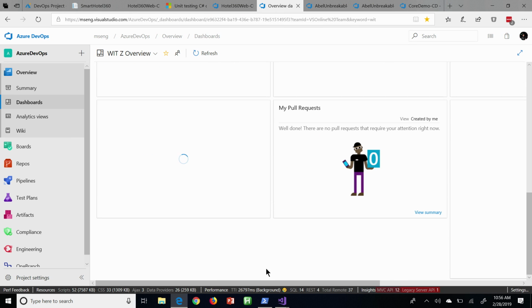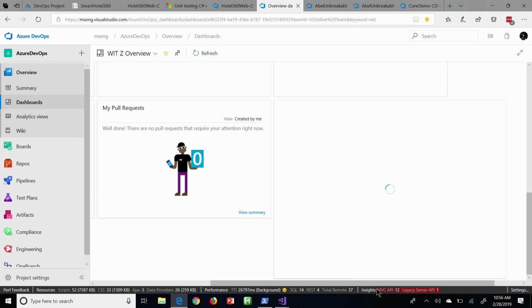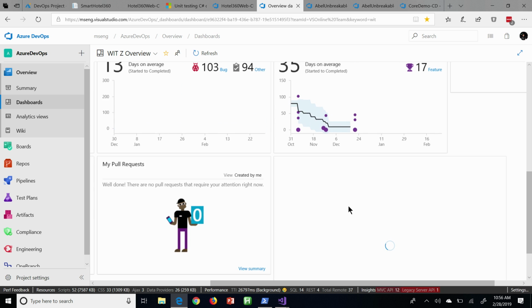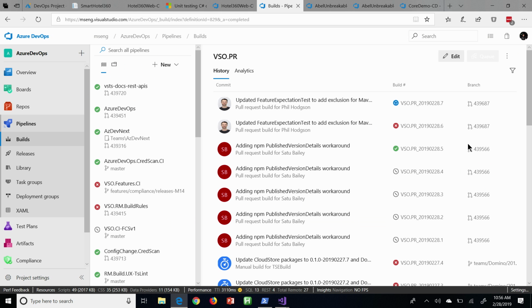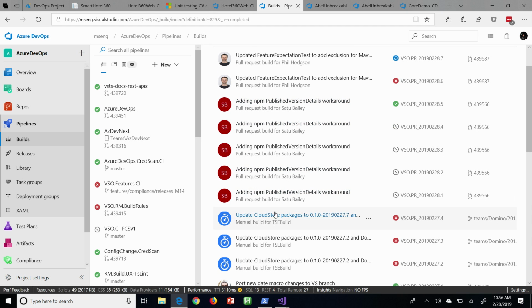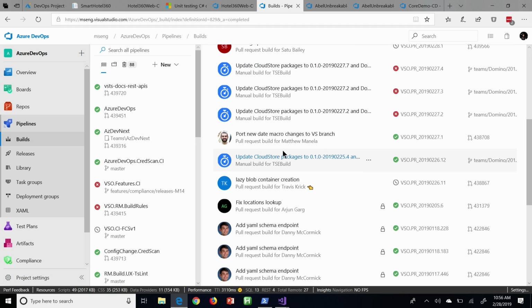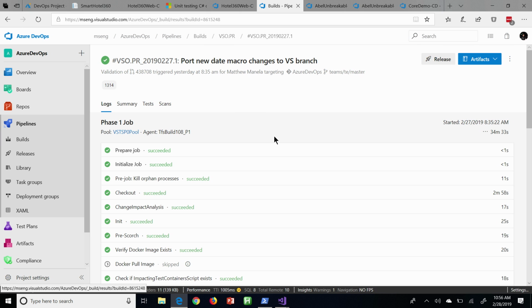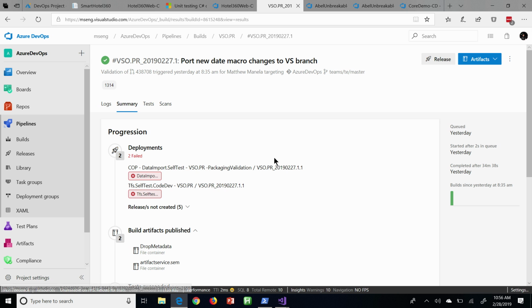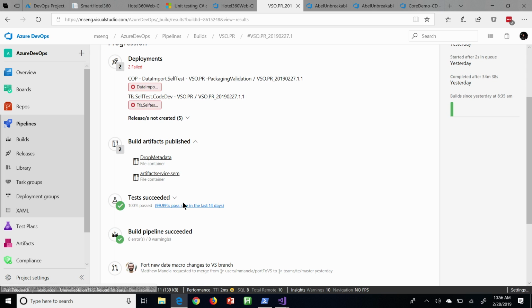This is my engineering dashboard for Azure DevOps. Of course, it's rendering right now. I need to find my pull request. Here we go. We'll jump into this live and see a pull request that's actually going on. Let's grab any one of these. Let's grab a green one. So here's a build, right? You do a pull request, it kicks off a build, completely automated. If you look at our summary and our testing,